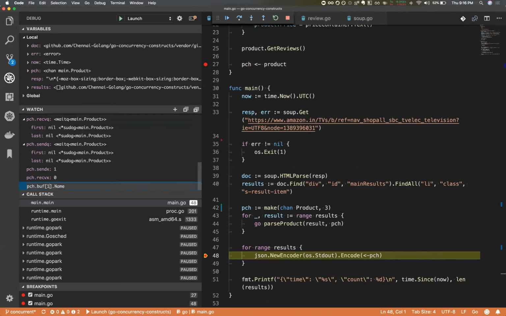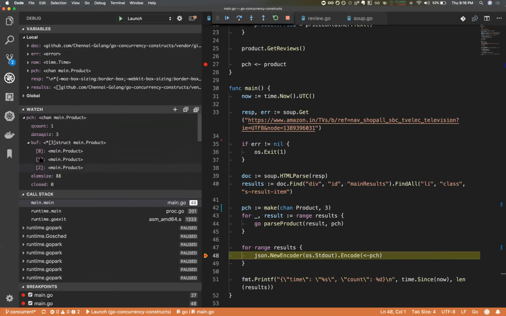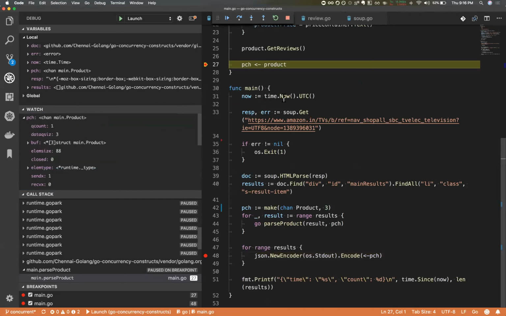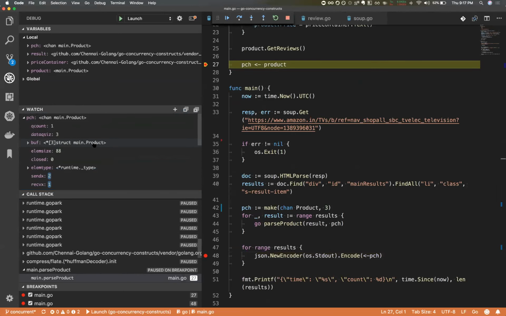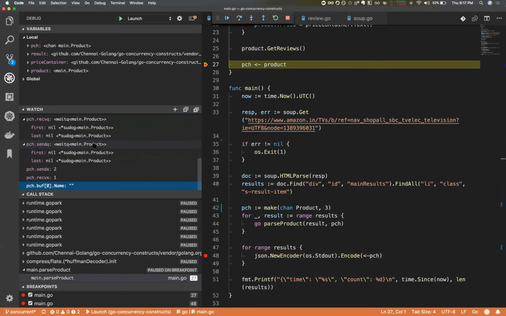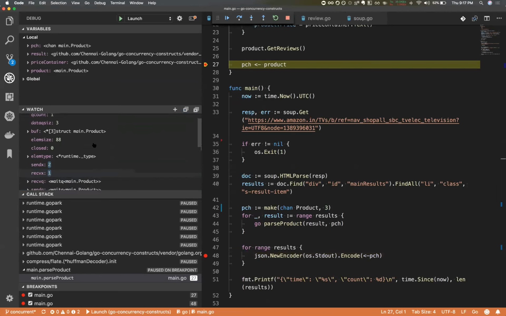So only one item in the buffer is filled in this case. So going on, it should be empty. So once it's empty, yeah, queue size has become 1.